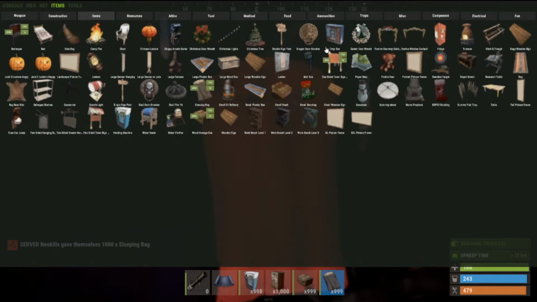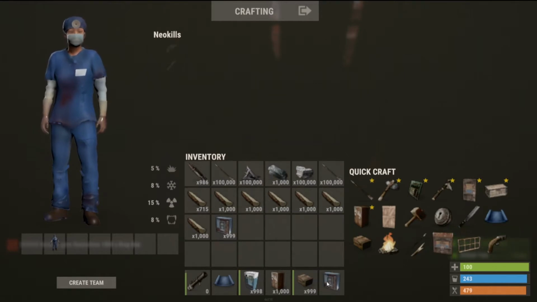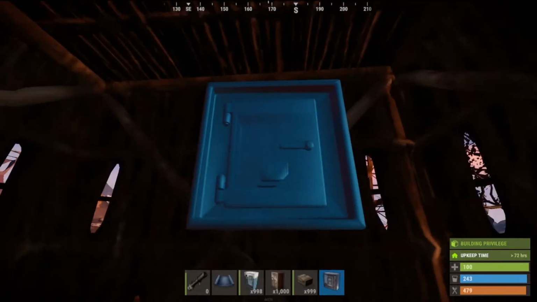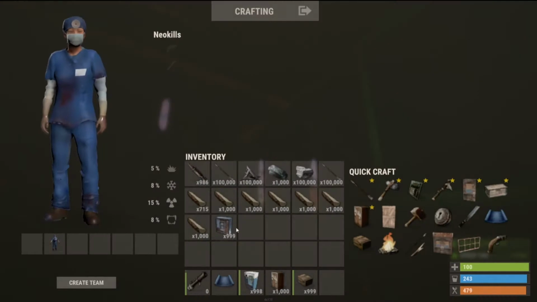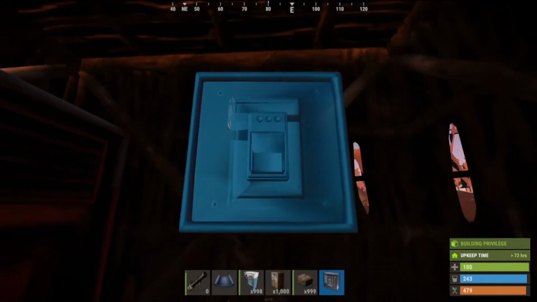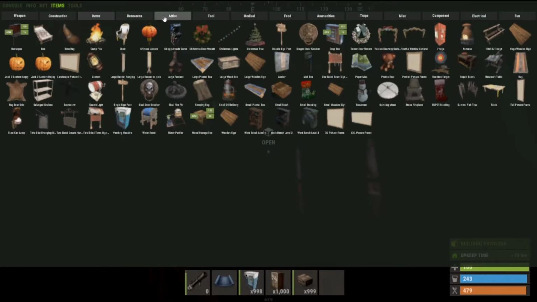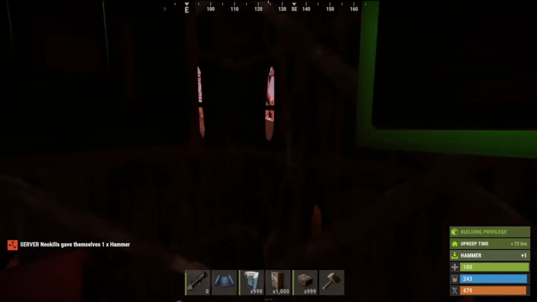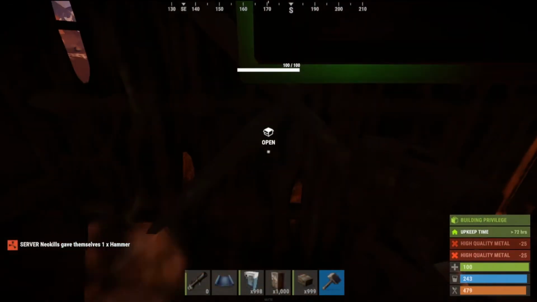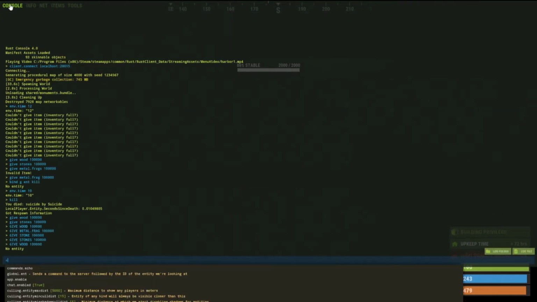And then you'll need 2 drop boxes for this setup as well. And make sure just one's facing each way. Just like that. So that way you have one that you can put in, one that you can put out. And we're going to need a hammer also. And upgrade all these to armored. We're going to be hitting the day or nighttime here, so